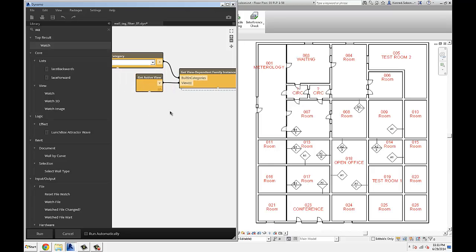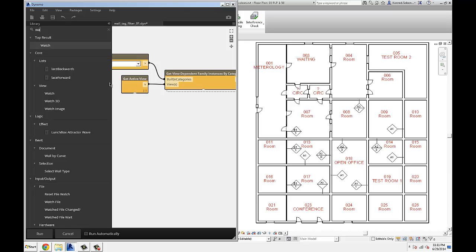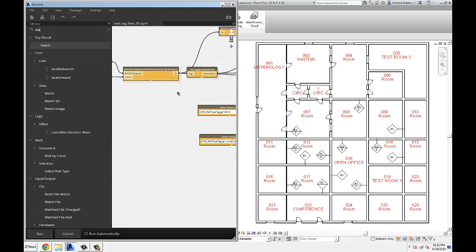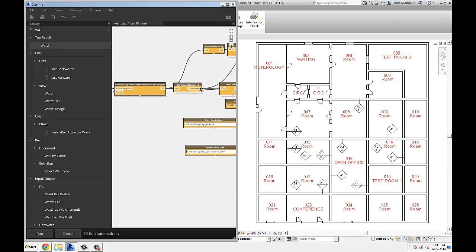The reason why would be maybe I don't want to swap all of them at once in the whole project. I just want to do a preview as I'm looking at it so I can verify visually that it's doing the right thing. So you get the current active view, you collect all the families using this component, and then